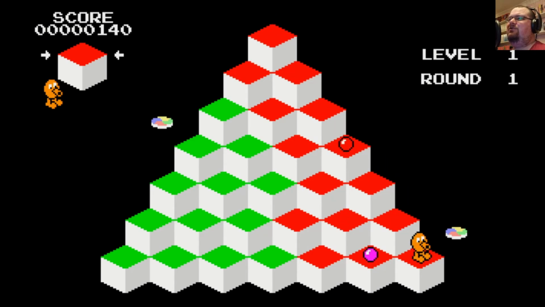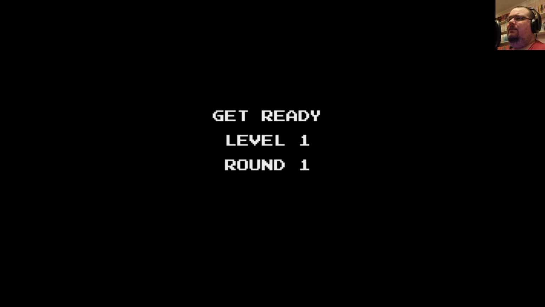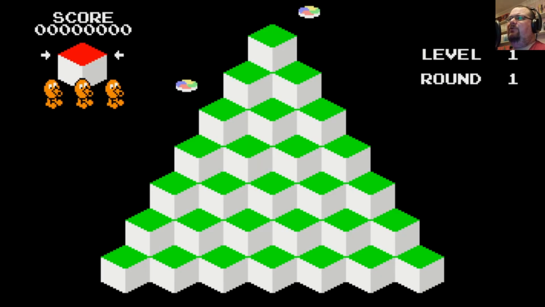Yeah, this is just not quite right. I mean, it's not a terrible conversion of Q Bert by any means. Oops, but it's just not quite right. It's just a little bit too fast. It's a little bit too easy to get caught by the enemies. And it just doesn't quite feel like the arcade or the earlier home ports of it.